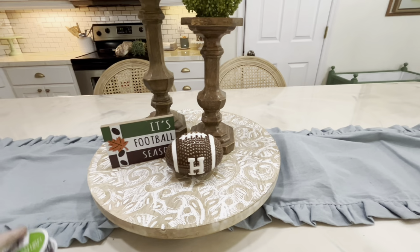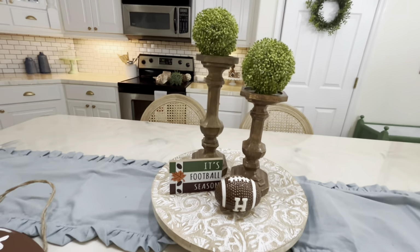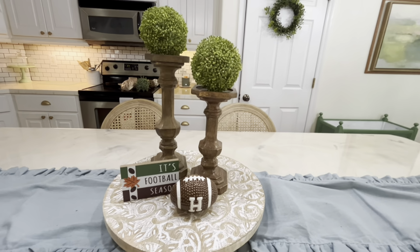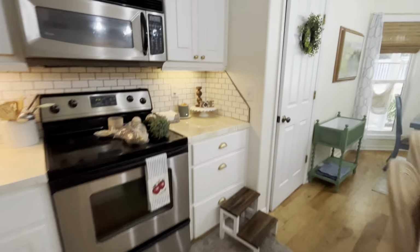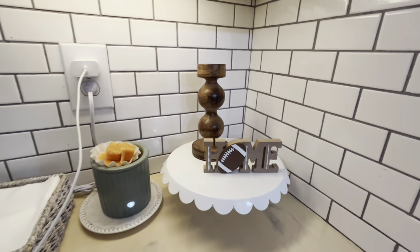I don't want it to be too much, so I don't know. I may leave that. I'm going to leave it for now, but with me, and I've heard several of you that I watch talk about this too, that you change things so much when you're decorating. And so I'm over here, and I just want to give this just a little